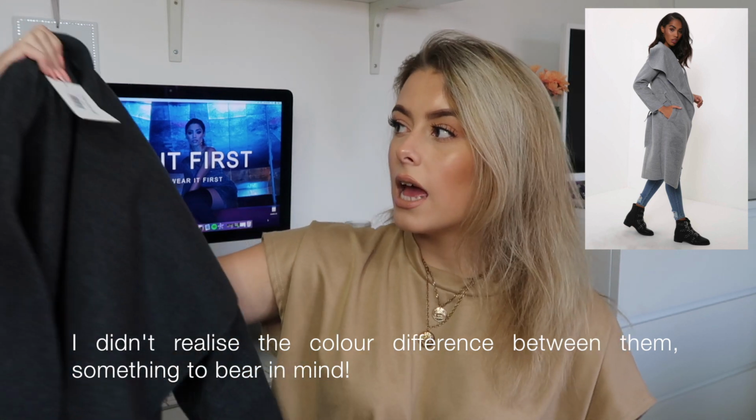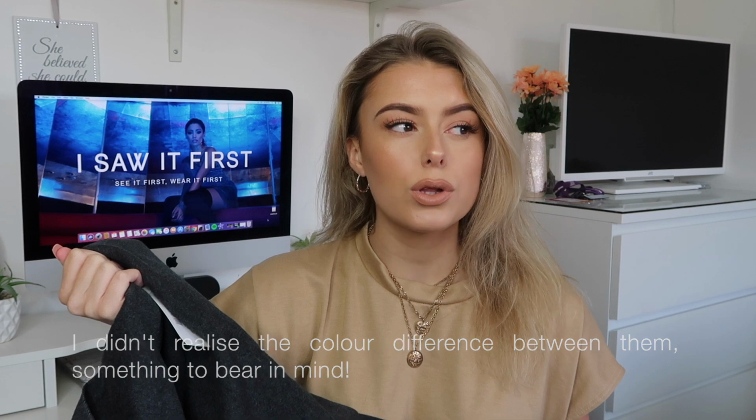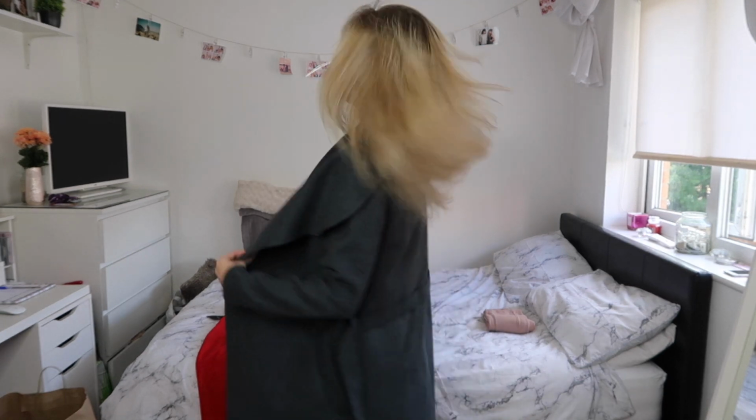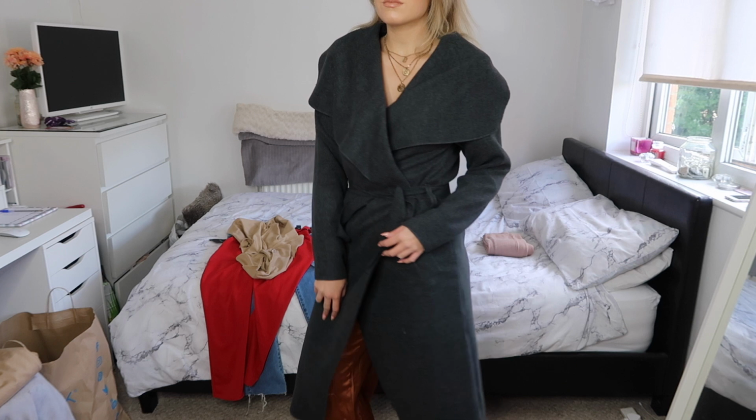But yeah, I saw this one and it looked really nice on the model and she styled it really nicely with some black jeans. I picked it up in a medium because I think she was wearing a small, and it looked quite short on her arms, and if you know me, I'm quite funny with things that are short, like on your wrist. I have to have a longer sleeve. If something's too short, it just puts me off. So I picked it up in a medium, but I do actually really like this, and this was only £20